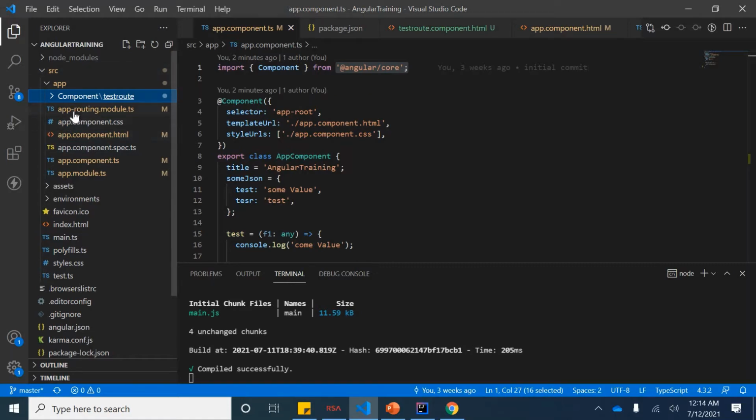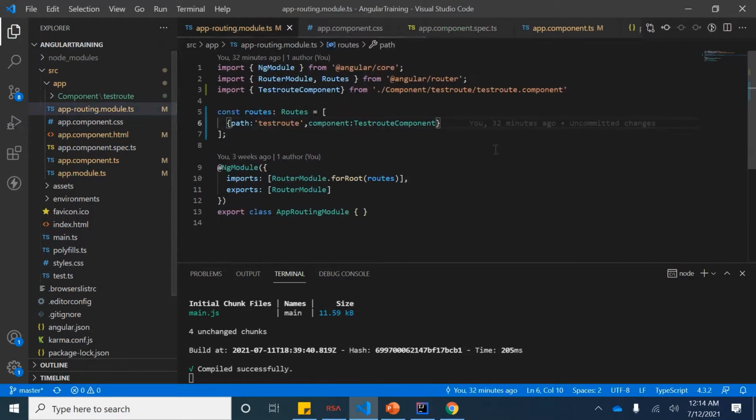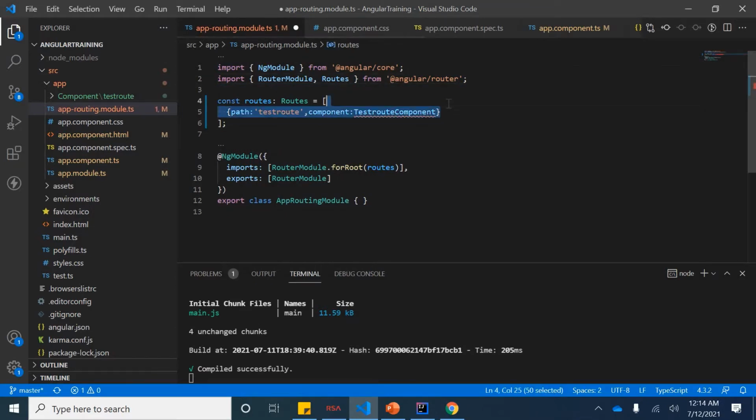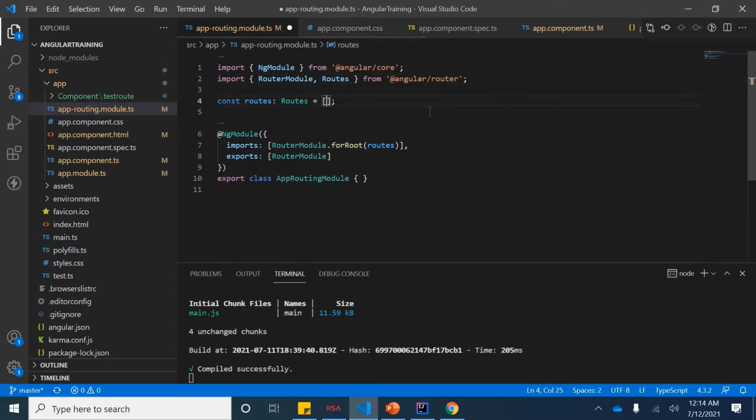Here the first thing we should discuss is the app routing module. Basically, when you see this, I've just added this thing, so let's delete it. By default you will be seeing something like this.